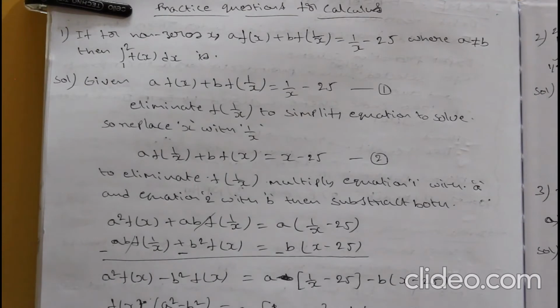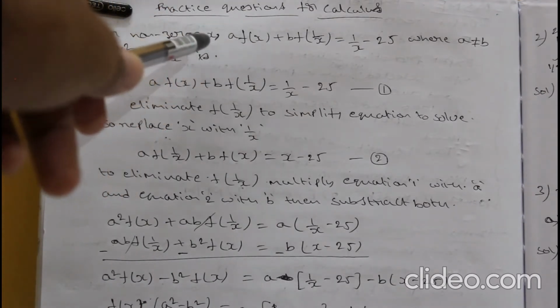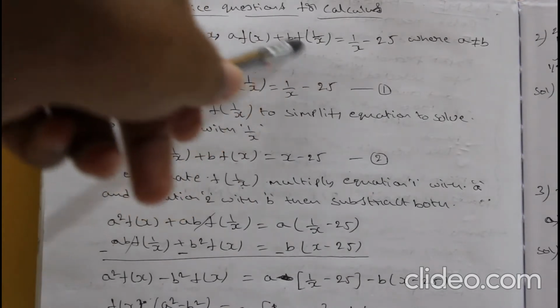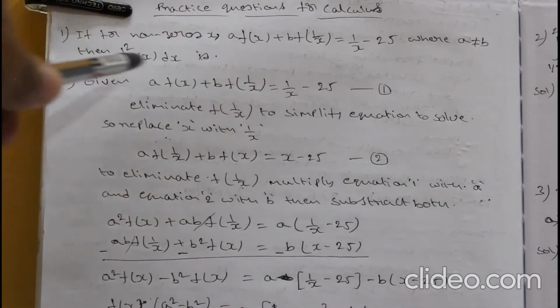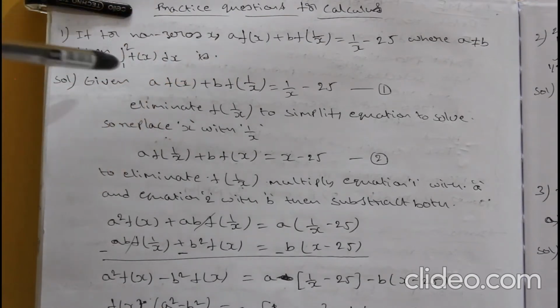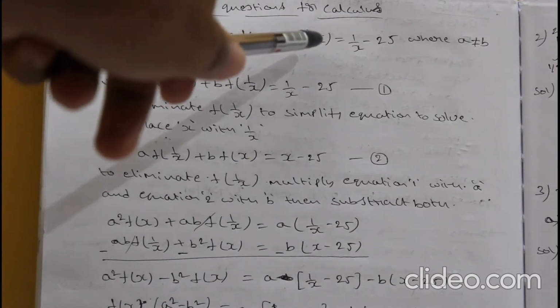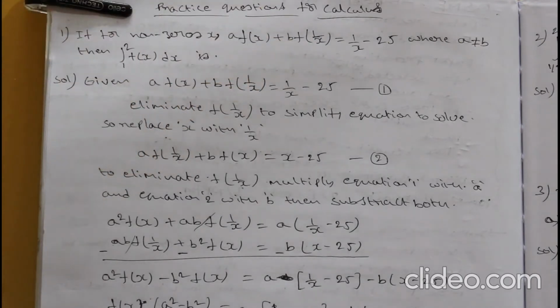See friends, if you look at the equation, if it is in the form only with f of x, you can directly apply integration and find the value of integral of 1 to 2 f of x dx. But here the complicated thing is f of 1 by x. As I said earlier, the questions in calculus are of this kind. There will be a tougher factor in the question. So the tougher factor you have to remove or replace. These kinds of steps I am going to tell you, whether you have to remove or simplify, and how to do those things. These are very crucial, important points while solving calculus.